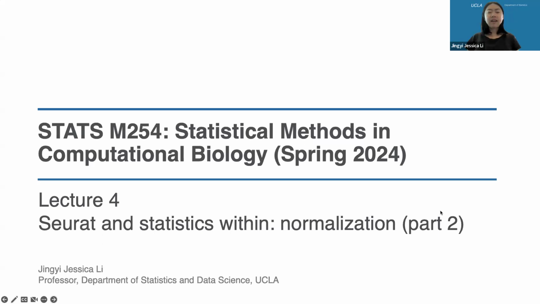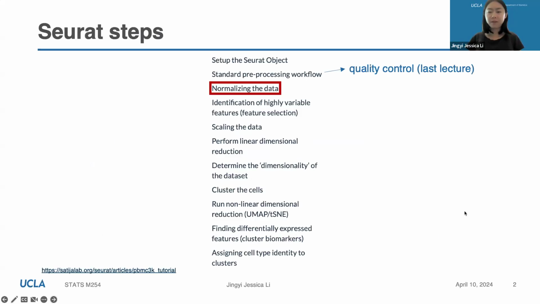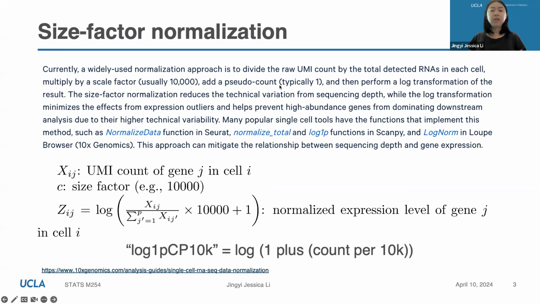Right. Let's continue our discussion about normalization in single-cell RNA-seq data analysis. As a follow-up from our last lecture, right now we are at the second step of the whole pipeline. We talked about quality control last Wednesday, and then this past Monday, we started talking about the normalizing data step. Just as a quick recap,